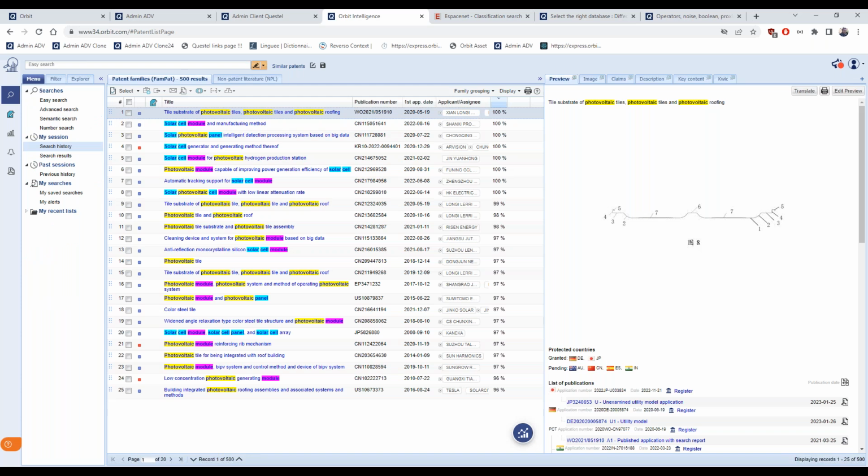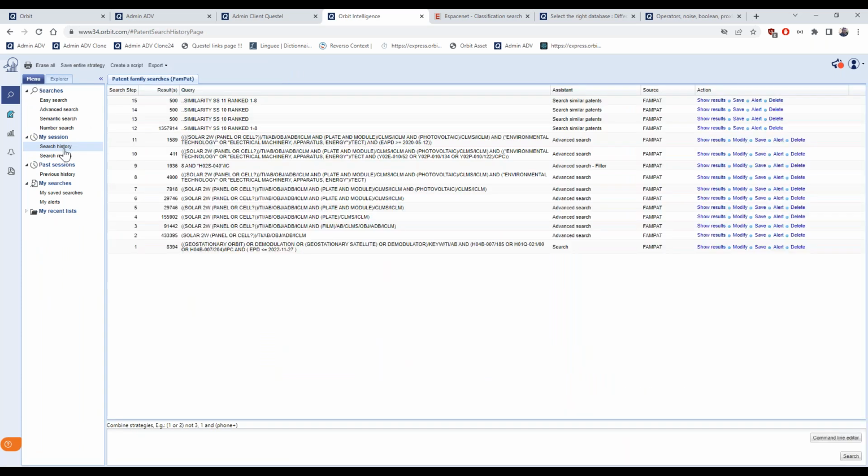Another type of analysis that can be done from a data set, so I take again this search query.